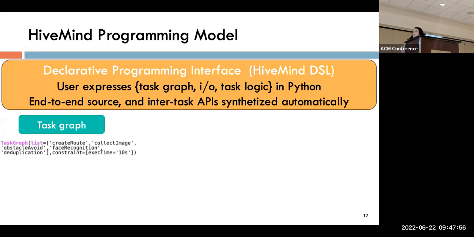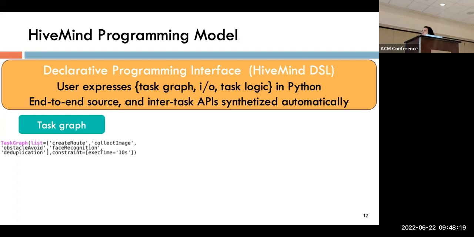The reason why I'm focusing on the APIs is because for multi-tier applications, even those that run purely on cloud systems, APIs are the main source of bugs. So we want to remove that burden from the user and try and synthesize them automatically. Let me give you an example of what this looks like. In the bottom, I have an example for the second scenario, the one where we want to find the unique number of people in a baseball field.